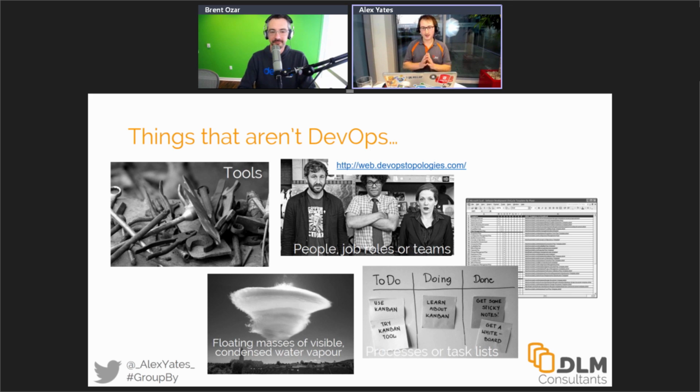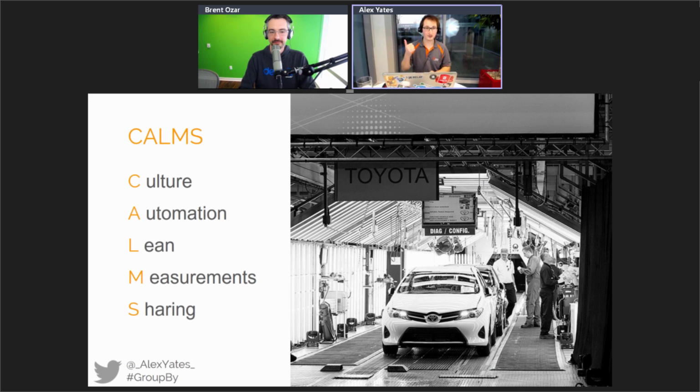They're not DevOps. The best way to define what DevOps is to think about a phrase, CALMS: culture, automation, lean, measurements or metrics, and sharing. These are 5 principles that we want to take to our heart, and we want to apply them wherever possible, because the DevOps folk believe that if we start thinking about each one of these in turn and trying to apply it in everything that we do, what we will end up with is a better way of working. And all the stuff around automated deployments and tools, they will work themselves out in the wash. That's a consequence of applying DevOps rather than DevOps itself.